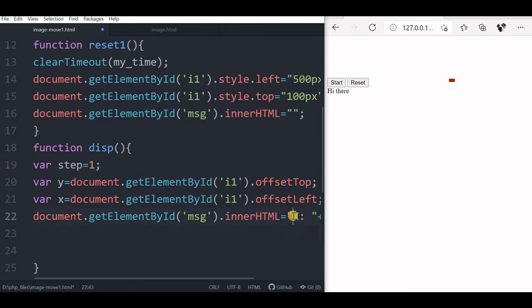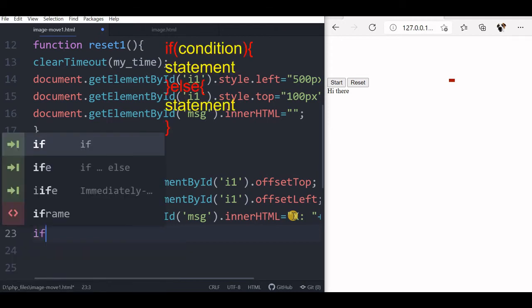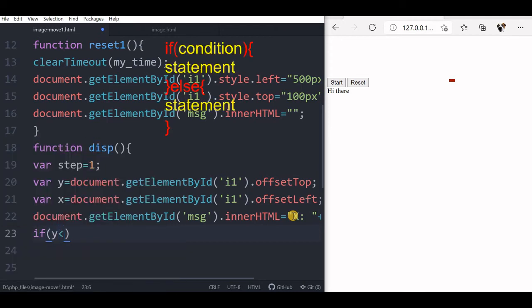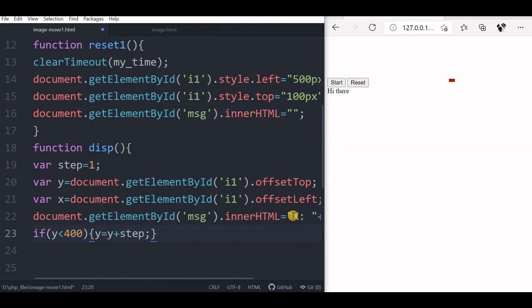So we will say here if y is less than 400, because right now y is 100, so after another 300 we are allowing. If y is less than 400, then move y only. So y equal to y plus step, step is 1, we have already declared it. Y is equal to y plus step.